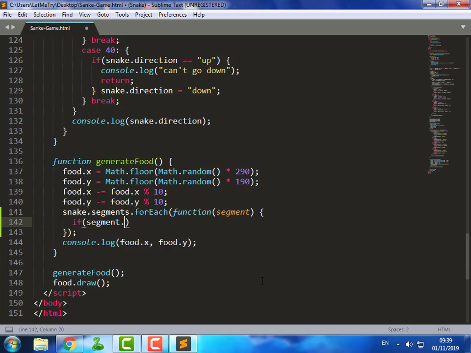So each time food's position matches a segment's position, a new food should be generated instead.